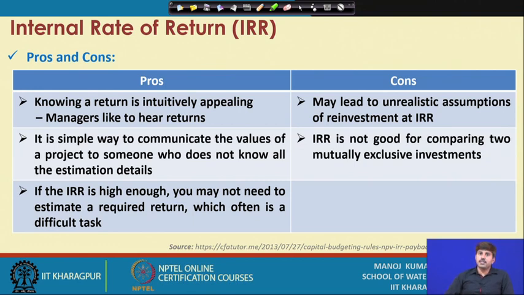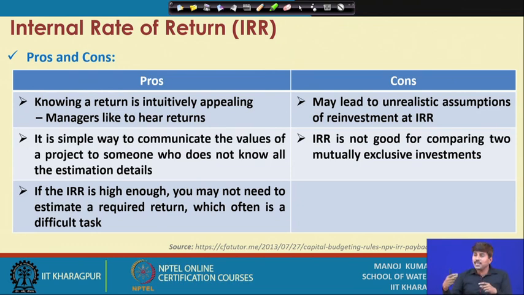So we were sure that it is higher than 20%. So even the information, not just giving the internal rate of return, but saying that the return on this project is going to be higher than 20%,